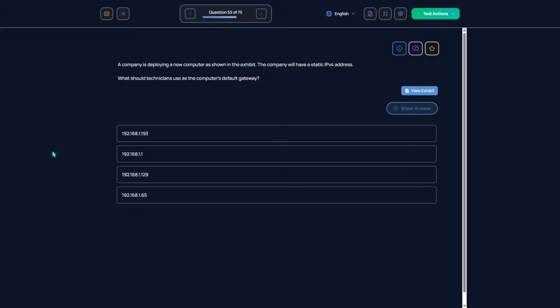The company is deploying a new computer shown in the exhibit. The company will have a static IPv4 address.